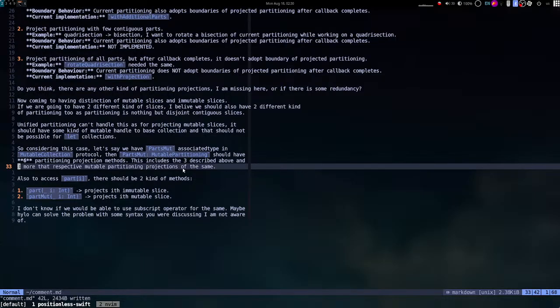This includes three described above and three more that